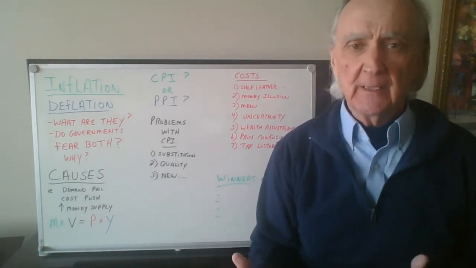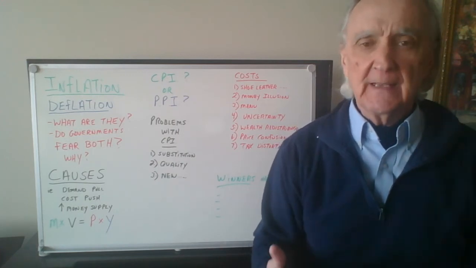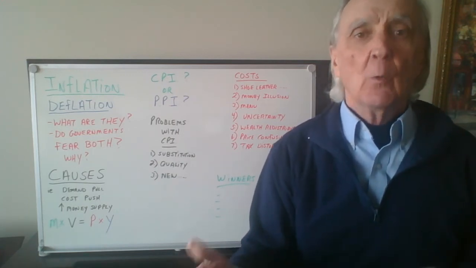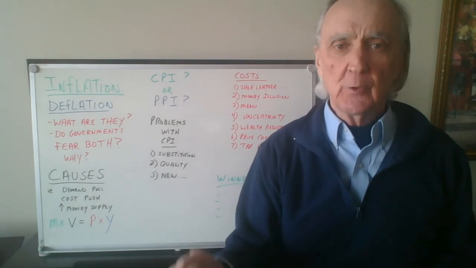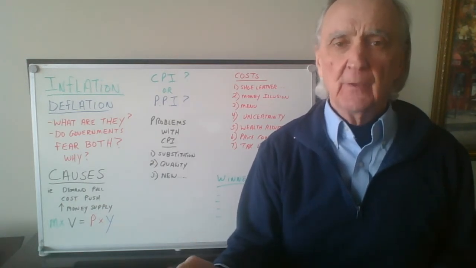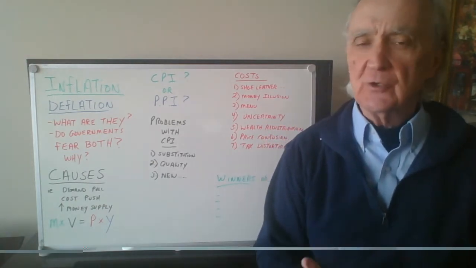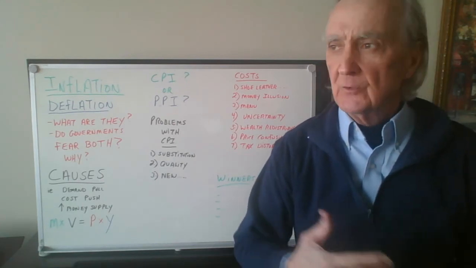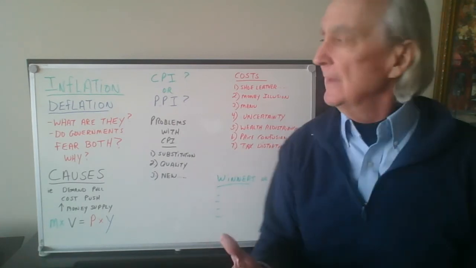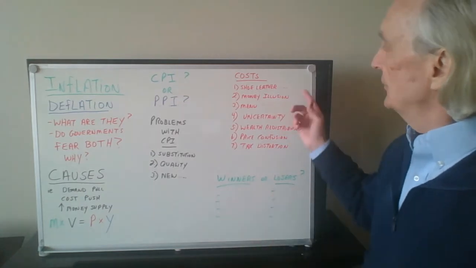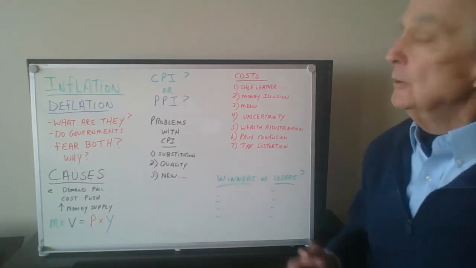They're doing everything that they can. They're running around trying to get out of holding cash. Why? Because cash is losing its purchasing power. Okay? So all the time, effort, energy that you spend trying to get out of holding cash, they lump that under shoe leather cost. Money illusion.